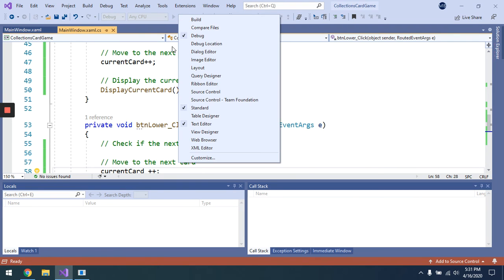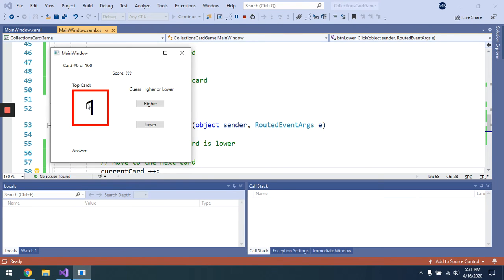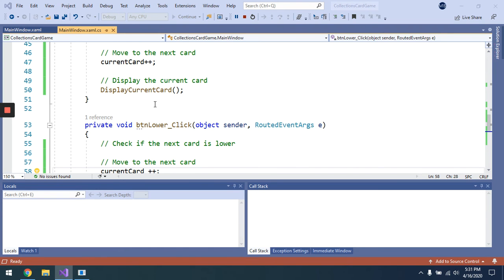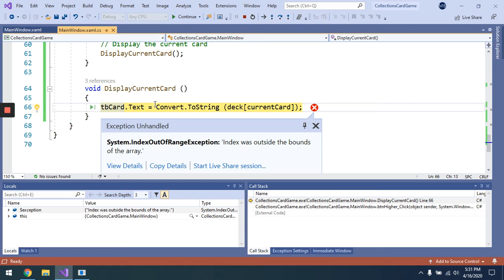Notice how it displays card 1. This is the first of the cards. Notice I'm not doing anything with these others right now, but as I click higher or lower, it's just moving to the next card in the deck. Now eventually when I get to the end of my deck of cards, I go off the end and I crash, and it says index out of range exception. Index out of range means